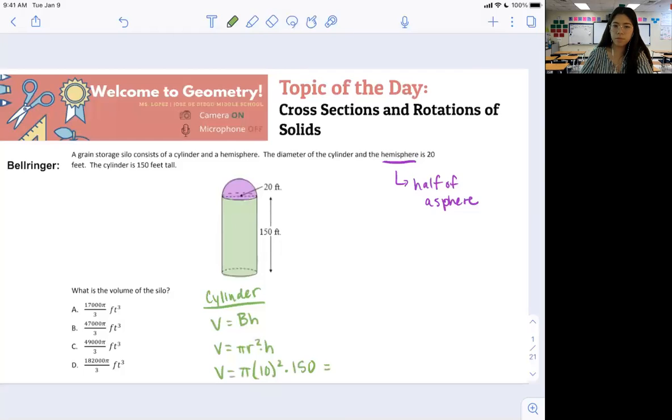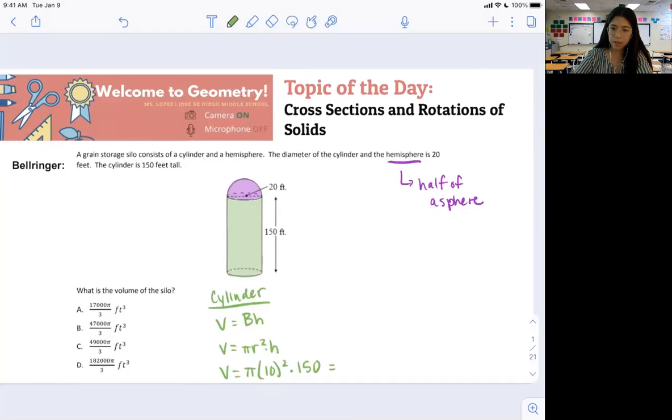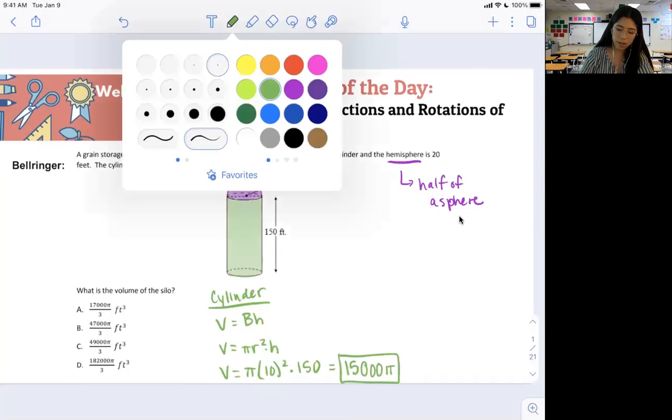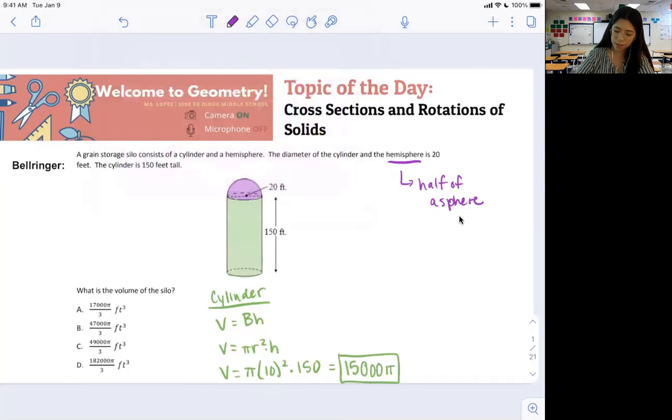Wait, never mind. 100 pi times 150, so that would be 15,000 pi. Okay, well, that's the cylinder. Now we have to do the sphere, but it's half of a sphere, so